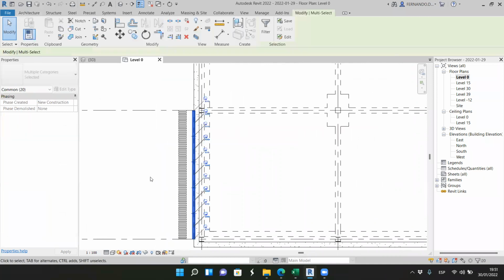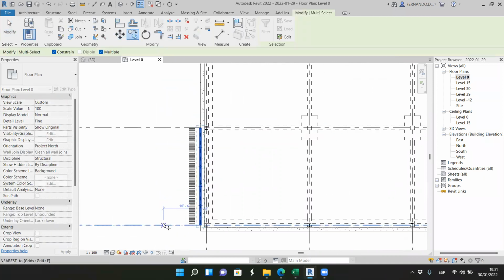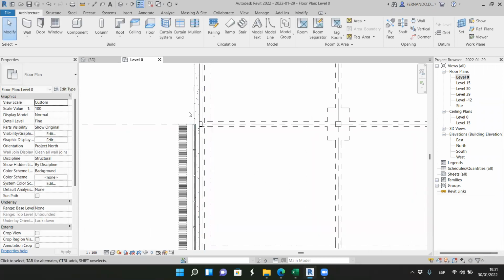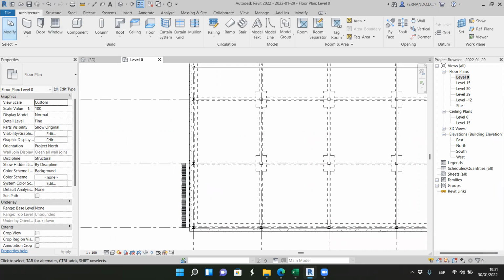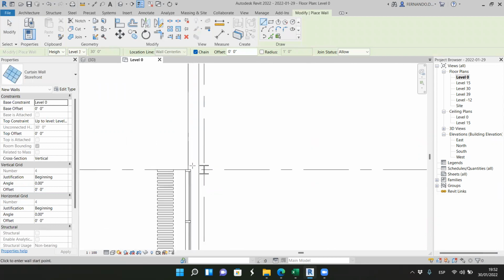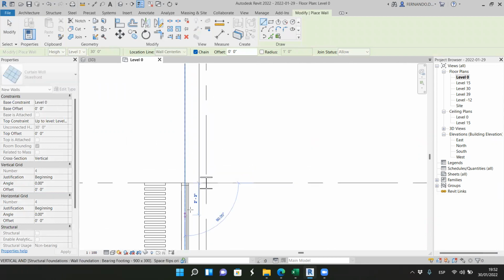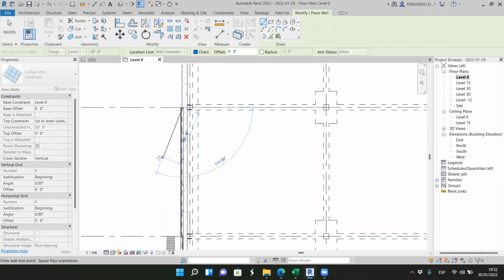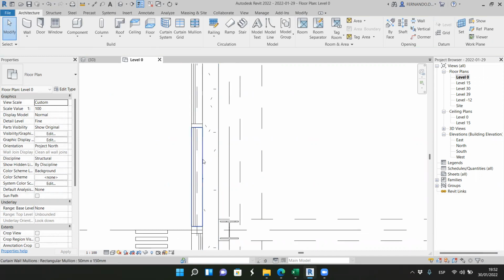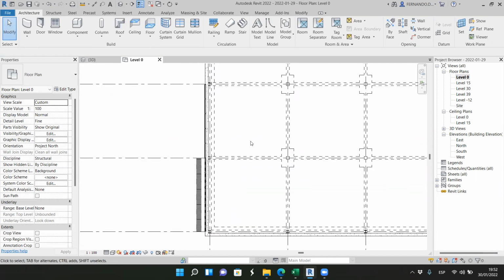I'm going to copy the same curtain wall here. Okay, I'll do it again. I'm going to go to wall, storefront, and then this point and that point. Okay, now